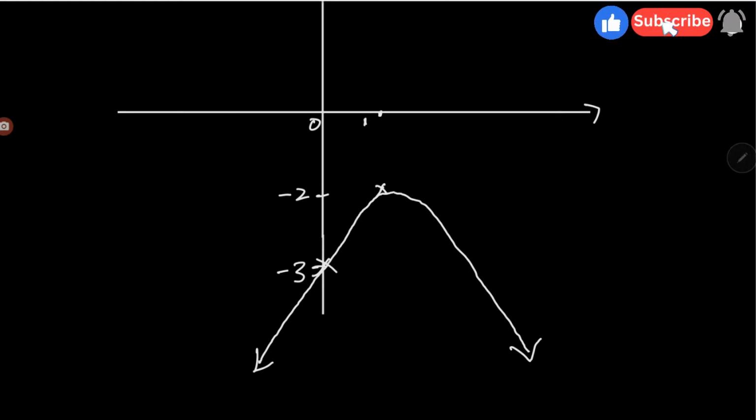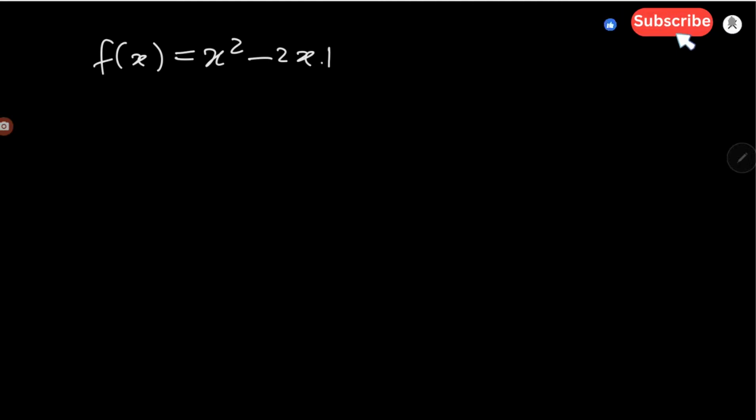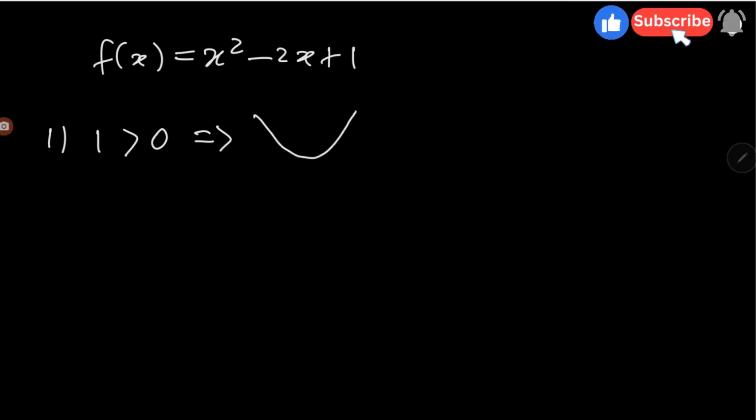So if we look at another example where we have f of x is equal to x squared minus 2x plus 1. So for this case again, we check the nature. Coefficient of x squared is 1, it's more than 0. So in this case our graph will open up,